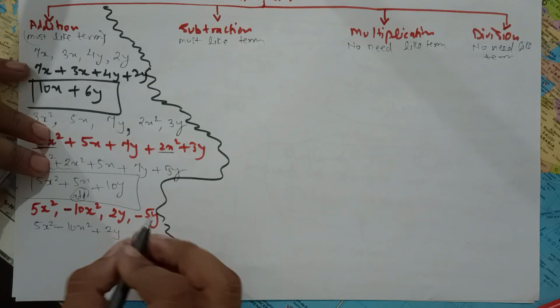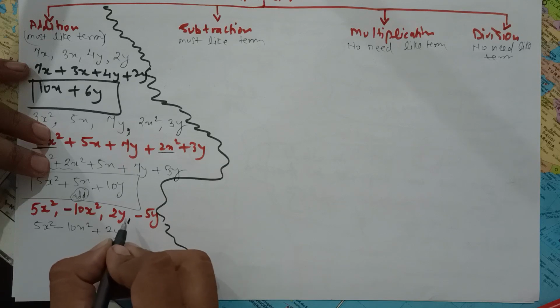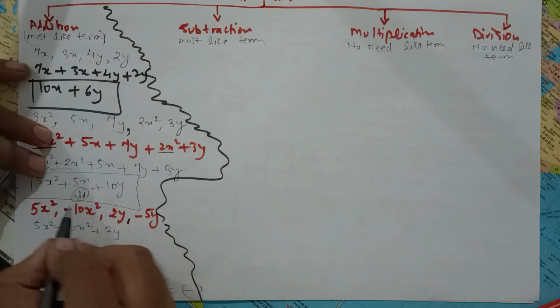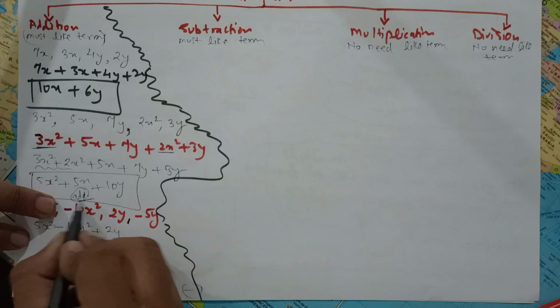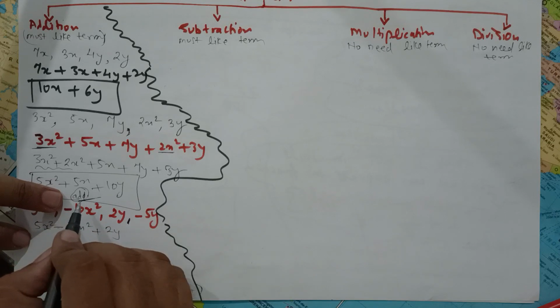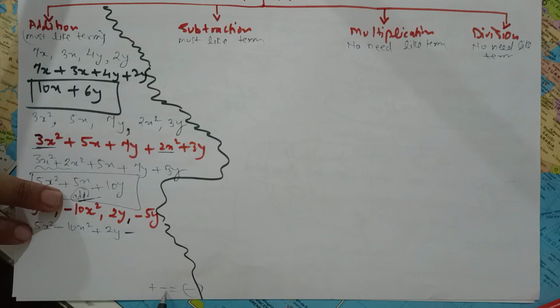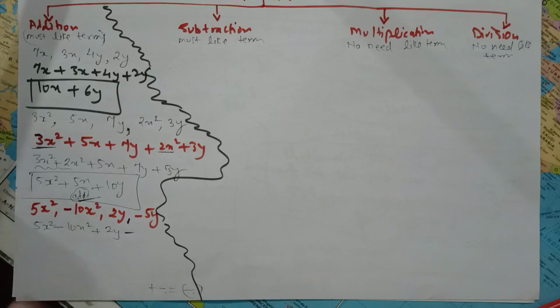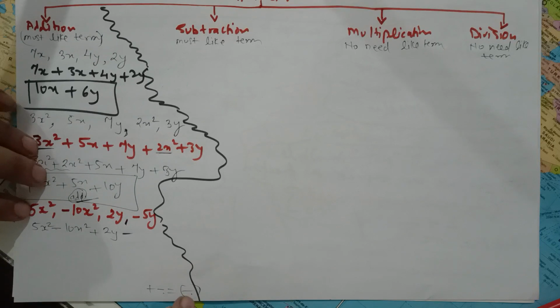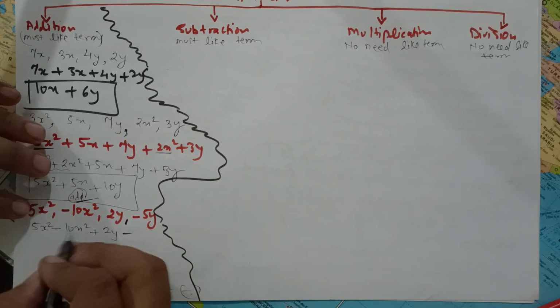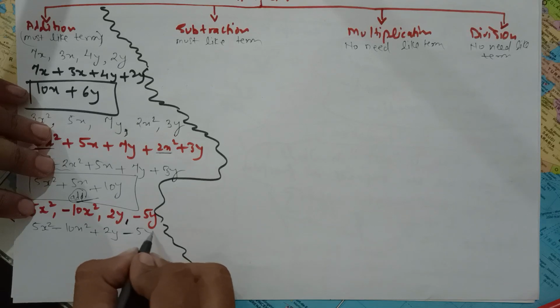2y again, plus and minus, because this comma will act as a plus, because in the question you are asked addition. So plus minus becomes minus. If you don't know the integer, you can ask me for the integer lecture, so I can give it to you. So minus 5y.